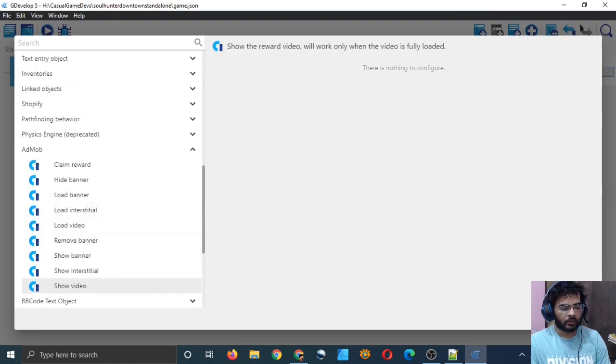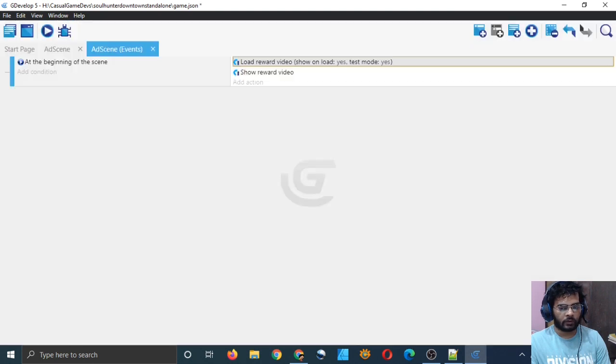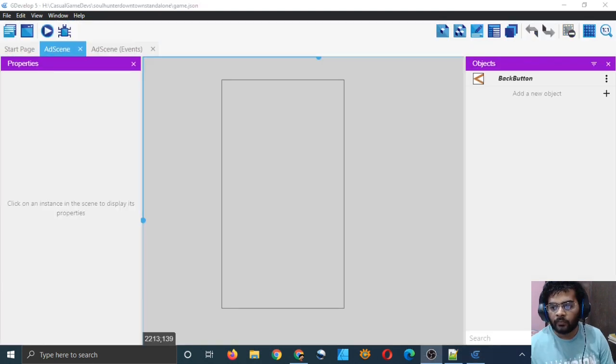That can also be the case. So it may be the case that the ads will only load when the app is running on an Android phone. So I will have to test it, right?